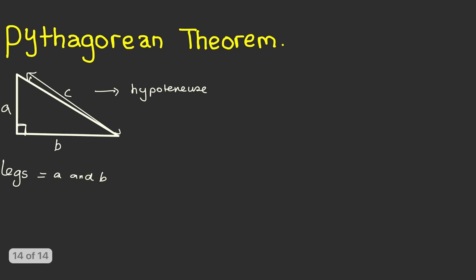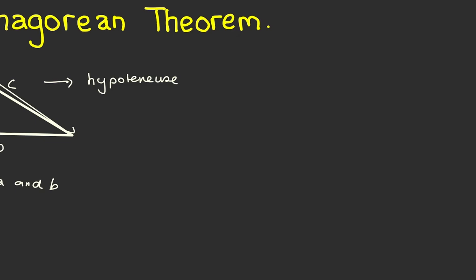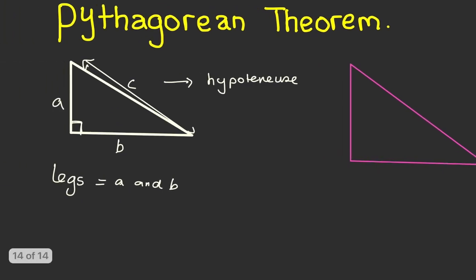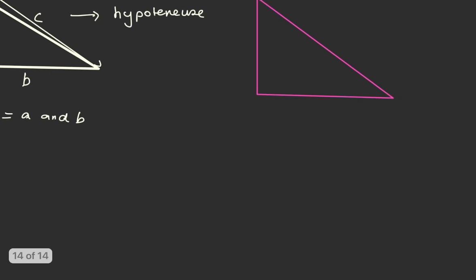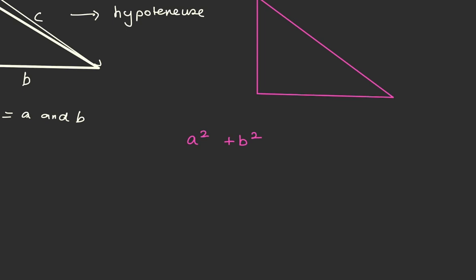Alright, so with Pythagorean theorem, you can find out the different values of missing lengths. So for instance, let me give you a short example. Now I have to introduce the formula we use to solve for the missing sides. The formula states a squared plus b squared must equal c squared. That says the square of leg a and the square of leg b should equal the squared value of